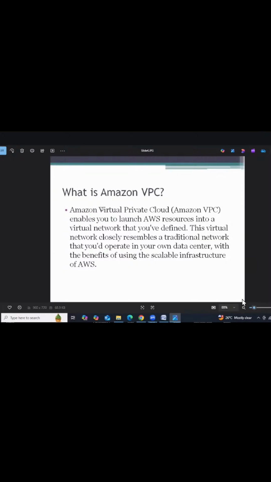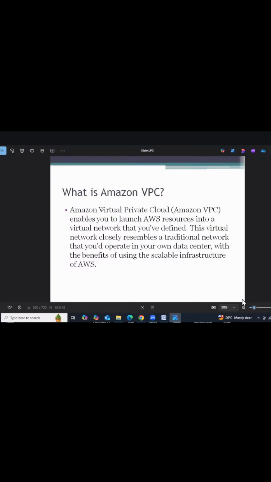For example, we have AWS account, right? Anybody can access this AWS account. AWS is one service, anybody can access, right? So if they're accessing, maybe you have your confidential data. So you need to deploy the infrastructure personally. Then how? So that's why in AWS they introduced the VPC concept, Virtual Private Cloud.